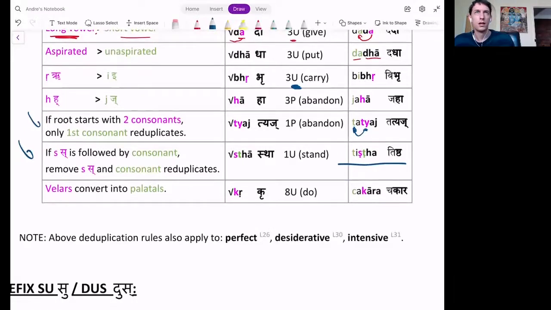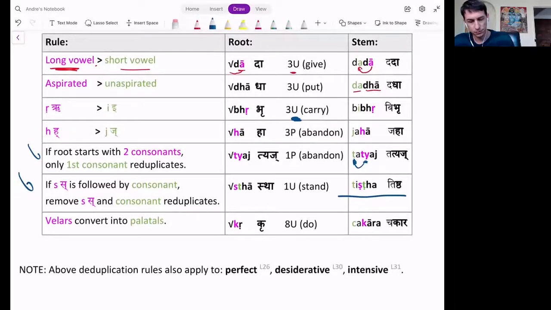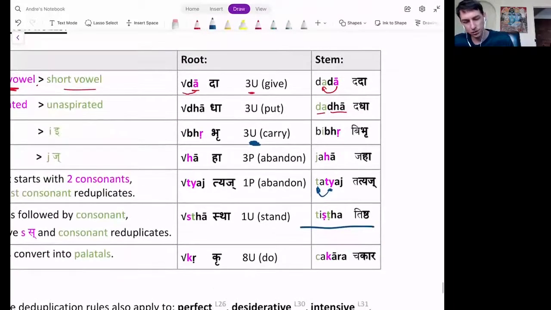Sorry, Andre, I just got something in my mind. Just going back to jahā and tatyāja. Now you can use the abandon for tatyāja. Remember we were talking about tyaktvā before? This is actually a perfect. You notice it's class 1, so this doesn't necessarily fit into class 3. However, there's reduplication in other classes. That's why he's putting it in here. Go on. It's Daniel. Very overwhelming. Go ahead. Well, you know, this is volume 2. So how are we going to use the tatyāja? I have never seen that before. Tatyāja, yeah, this is a perfect, I believe.